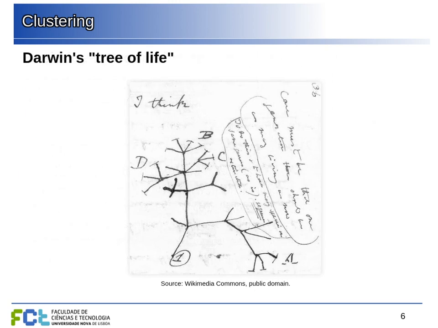This is an early example of clustering, Darwin's tree of life. We can see this sketch for the relations between different species, where Darwin wrote, I think. So this is what he was thinking about, where the similar species descend from recent common ancestors, but then less similar species descend from older common ancestors, and so on. And this is a way of organizing the species, the living organisms, so that we can capture this structure,